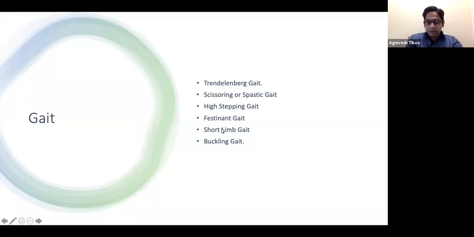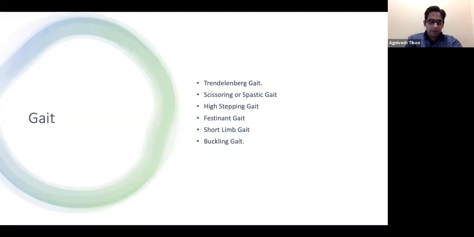And short limb gait is again essential. When the patient is walking with a short limb gait, his ipsilateral shoulder will be dipping towards one side, the same side where the limb is short, and this also can give rise to a compensatory scoliosis. So if your right leg is short, the pelvis will tilt. In order to remain straight, the spine will develop a scoliosis so that you stand erect. So you can get a curve on the right side.